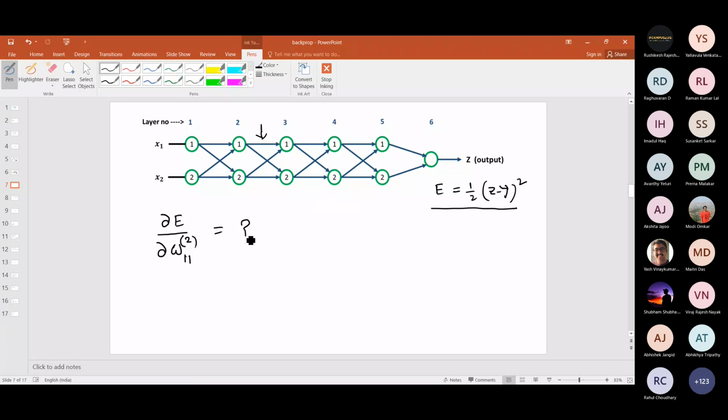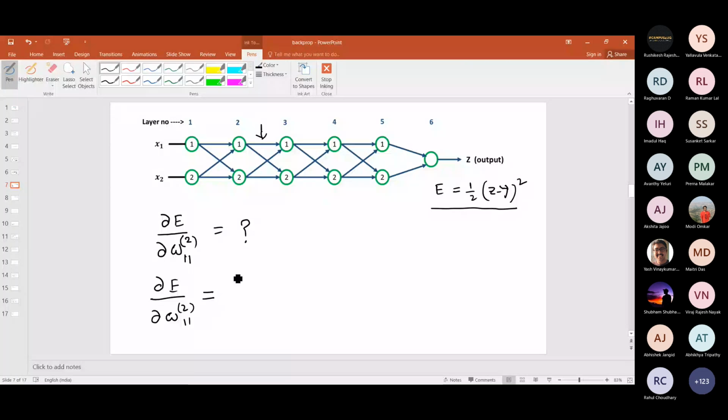Okay, so I am interested to compute this one. Because I have to compute everything anyway, but I just want to focus on this one and see how I can compute the whole thing. Okay, all right. Now let us go back to the chain rule of derivative. With respect to E, I have to compute it. So del E, del W211.